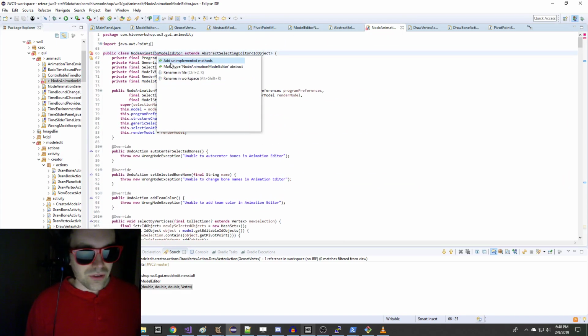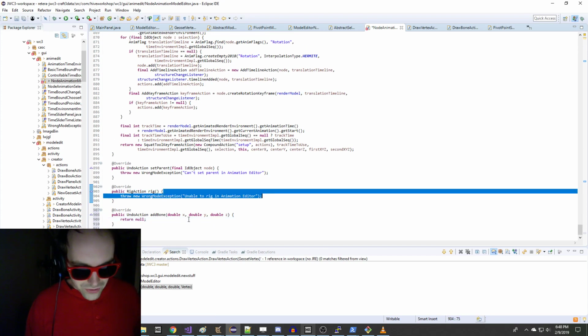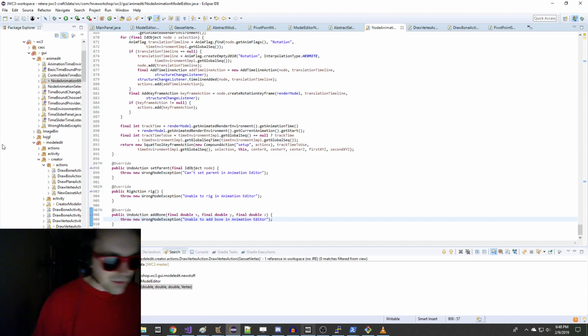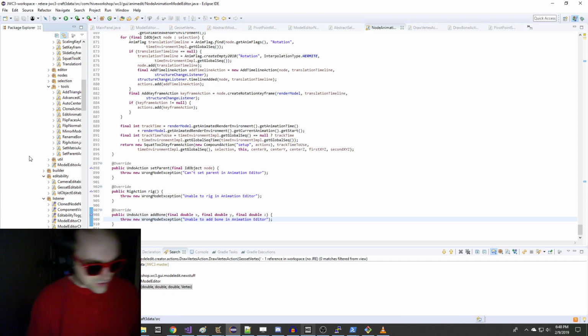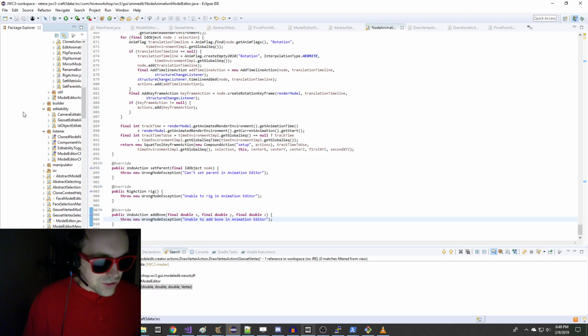And then you go to animation mode and you tell it that if somebody asks you to add a bone, just say unable to add bone in animation editor, right? Don't try to add a bone while you're editing animations. Add all the bones and then do the animations, okay? Be smart. Okay, so we've got that,